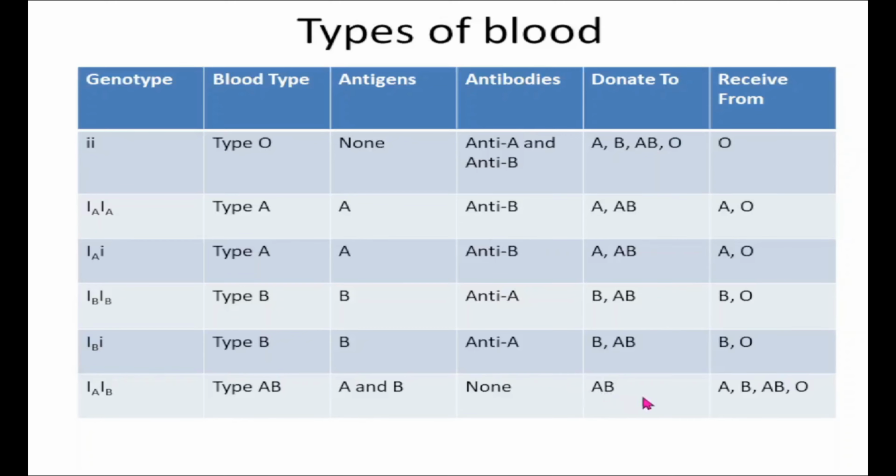So that is it. Then it donates to AB and it receives from all kinds because of this feature. There is no antibody production, so it can receive from all kinds, but it gives only to AB. If it gives to O, then as there is no protein on the O surface, it will make antibody that is